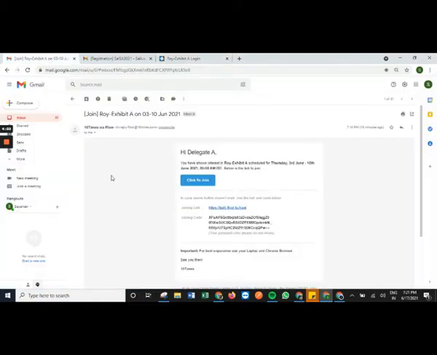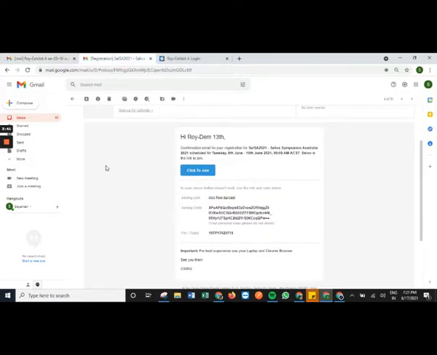So here we have an invite for a public event wherein we have the joining link and a joining code. The delegate can simply tap on click to join in order to access the event page directly, and can also use the joining code to log in to the public event. For a private event where there are restrictions for delegates, there's an extra field that needs to be updated during login. That is the pin ticket.